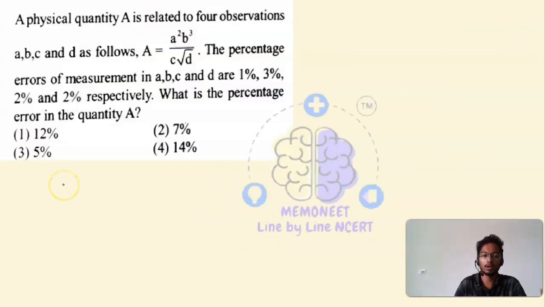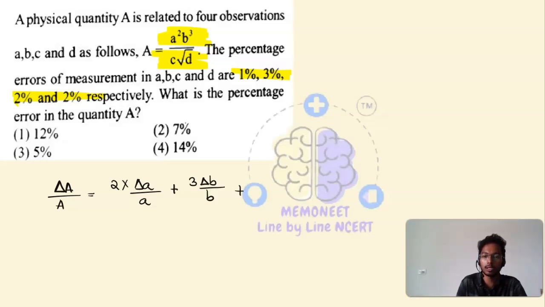The question here: physical quantity A is related as A square B cube C into D to the power 1 by 2, that is, D under root. The percentage of error of this will be respectively. What is the percentage error in the quantity A? So percentage error of A will be 2 into del A upon A, sorry, 2 into del a upon a plus 3 del B upon B plus